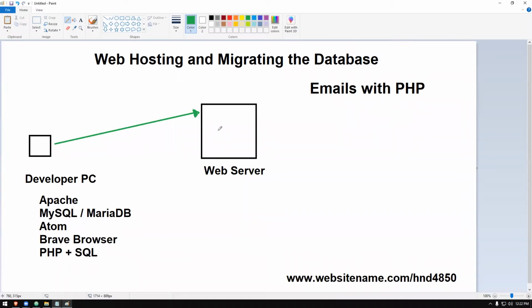Once we do that, in order to make sure our website works, we have the database also as part of this application that we built. This web application incorporates a database as well, so that database also needs to get migrated. We will be sending that database from here, and we will be configuring it as well. There is a way to do that.